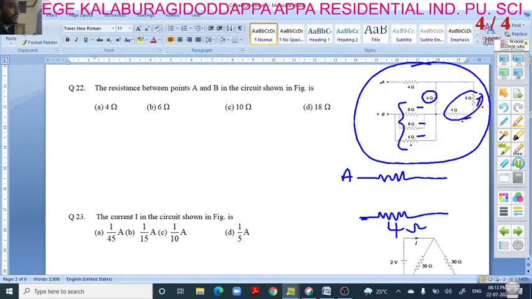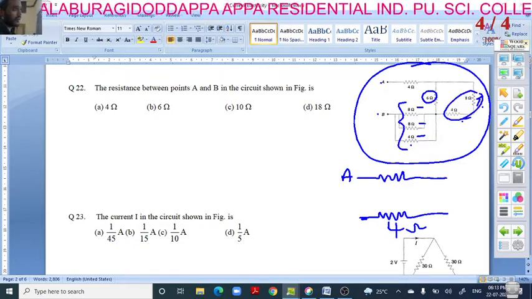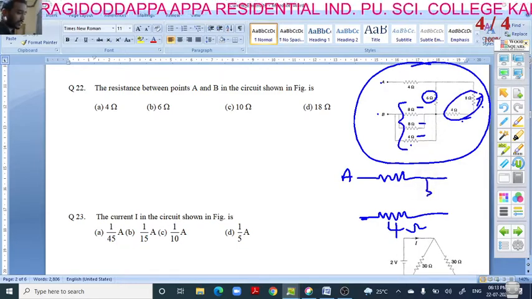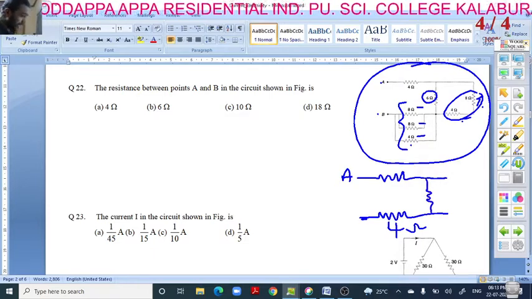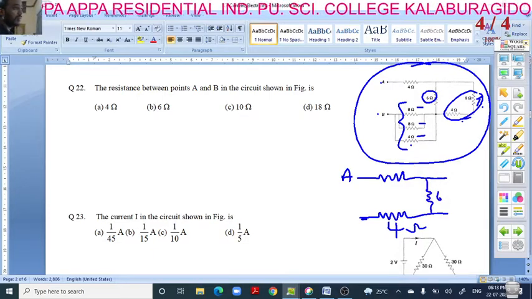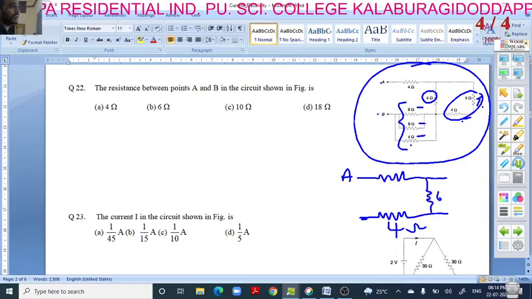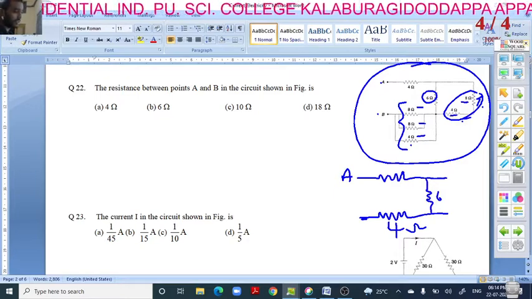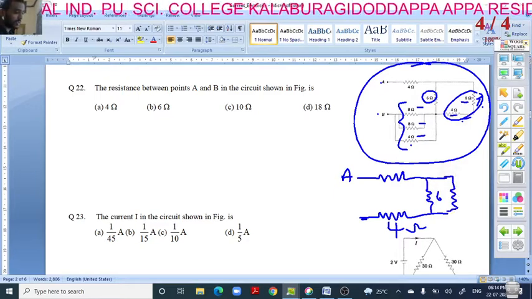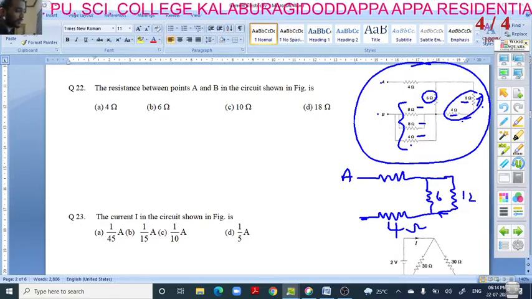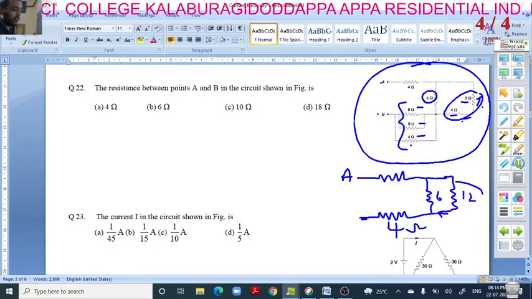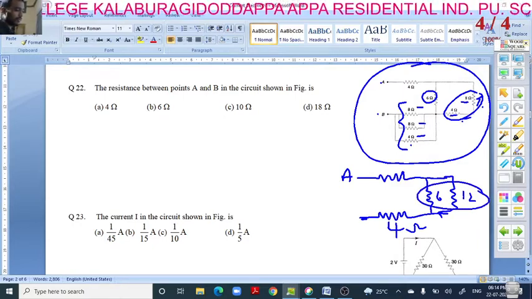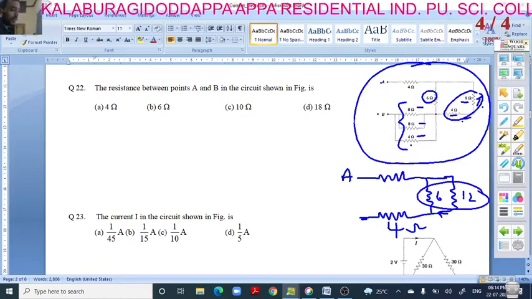And these two are in series. So this remaining 6 ohm I will keep here as it is, and the 8 ohm and 4 ohm are in series. The series connection becomes 12. Again these two are in parallel, so the sum of those two, again we will get,